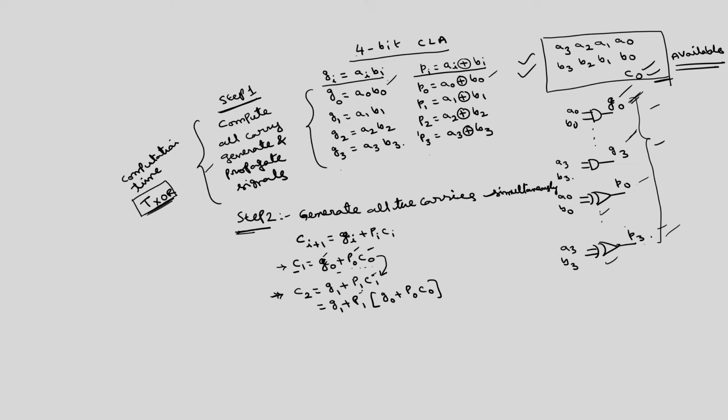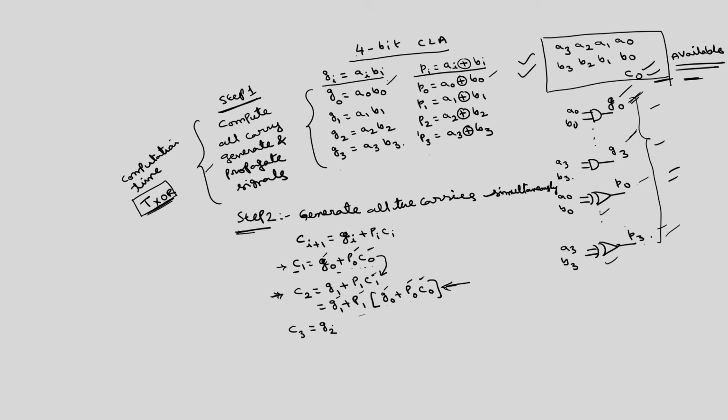So, we know this P1, G1, G0, P0 which are generated in the first step, and C0 is available at the starting of this design. So, we can generate C2 after the time taken by these logic gates. C2 will be generated after the time taken to perform all these Boolean operations. Then C3